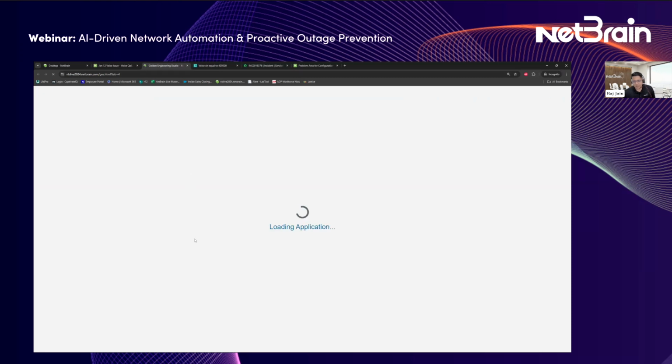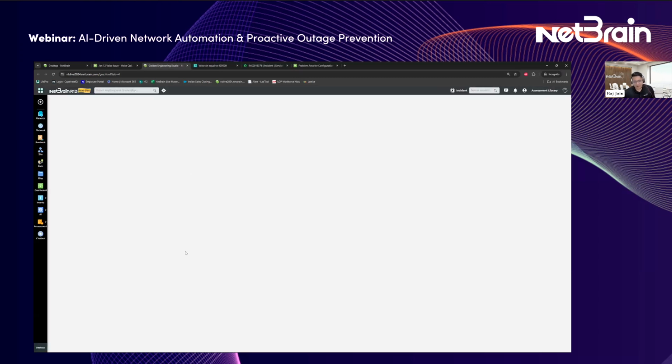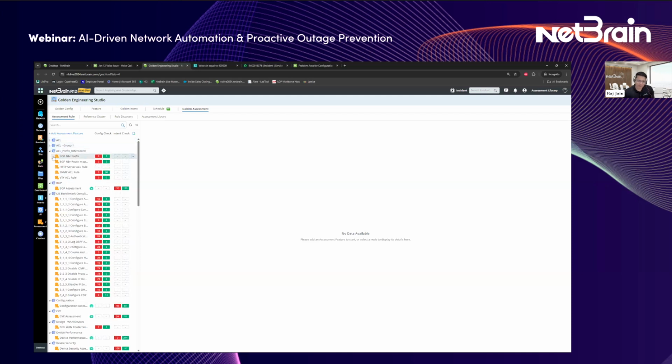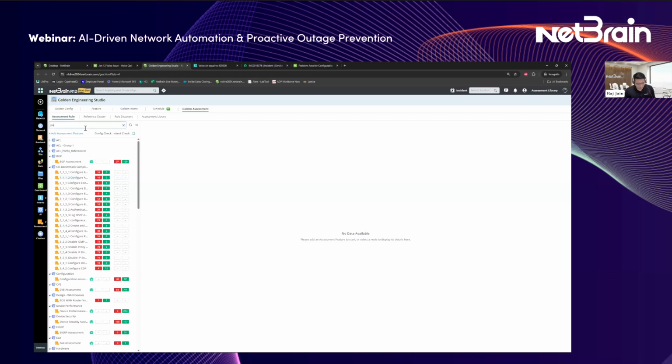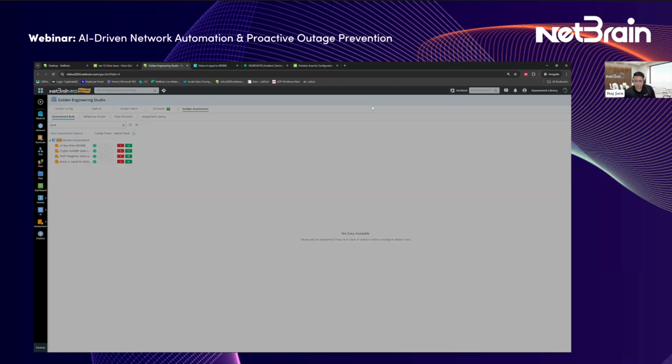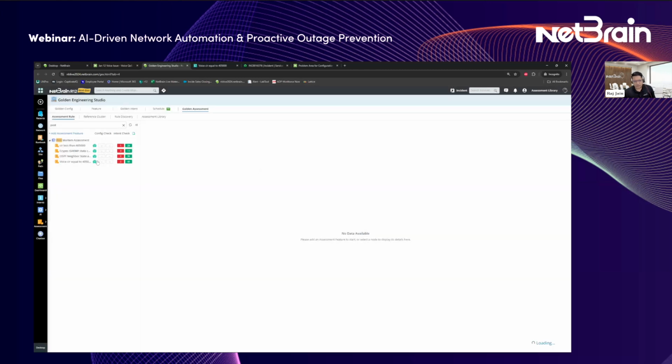So I'm going to switch over to my Golden Engineering Studio, and you'll see there's lots of rules right here. We don't want to go into that in a lot of detail. We'll probably come back and take a look under these rules. What I want to do right now is just focus on post-mortem. And as you can clearly see, there have been a few post-mortems that I've done already. Now, what we want to do is create a new rule. And for this demo, we'll build a post-mortem with you. So let me call this voice issue, something really simple.